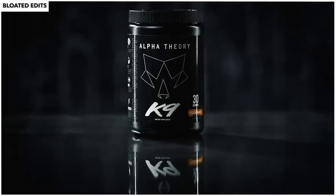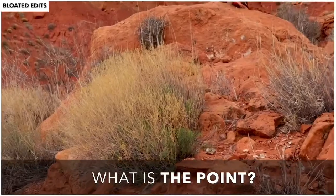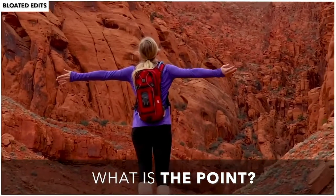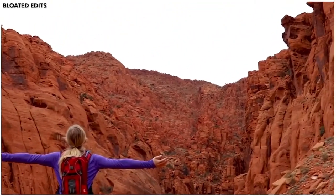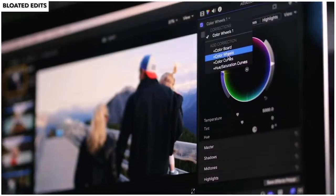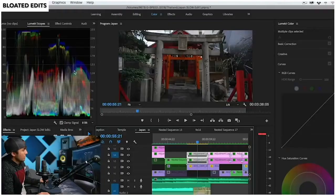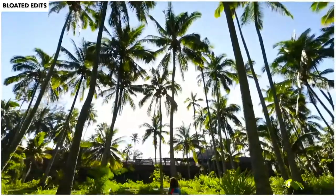I can't emphasize this enough because a lot of people wonder why they don't land clients, and oftentimes it's because the video they send a client is so long and bloated and it is unclear what the point is. No one gets perfect shots 100% of the time. However, in the editing room, you choose what you use to showcase yourself. Always put your best foot forward by including your best footage that you are most proud of. Learning to create engaging, concise videos that actually tell a story and have a clear purpose will make clients want